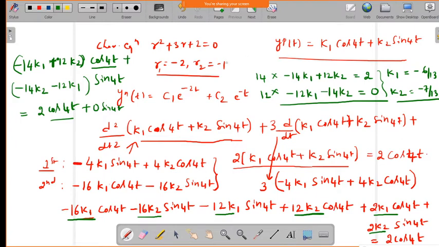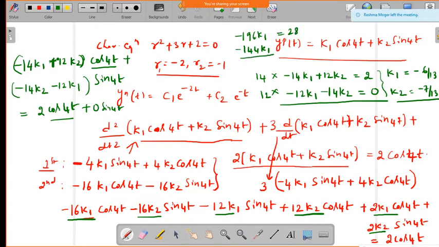14 times 14, so it is around 140 plus 56, 196. So it is 196 k1 and here 144 k1, minus 7 by 85. So now here it is 14 times 2, that is 28. So if you add it, it will give 28. So the right side of the equation is 28.